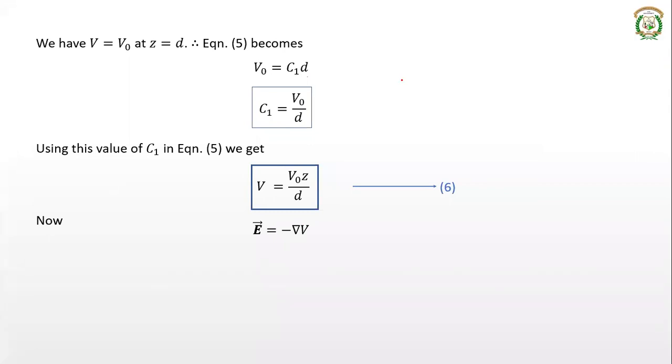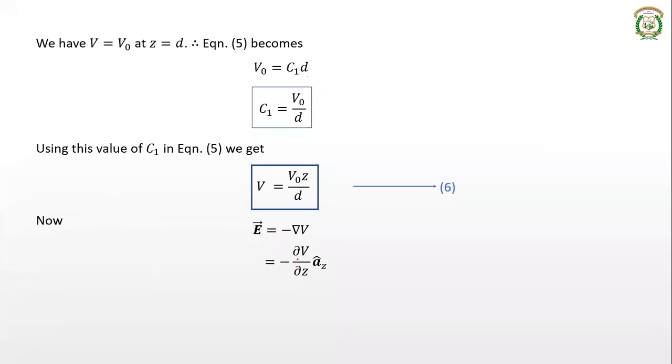As you know, the equation of del V in rectangular coordinates is ∂V/∂X into AX plus ∂V/∂Y into AY plus ∂V/∂Z into AZ. Now again, you know that here V is a function of Z only. That is, ∂V/∂X and ∂V/∂Y are 0. That's why we retain only ∂V/∂Z. So del V is nothing but ∂V/∂Z into AZ, because ∂V/∂X and ∂V/∂Y are 0, so we are not including them in our equation.